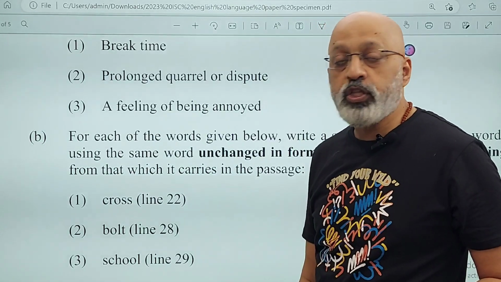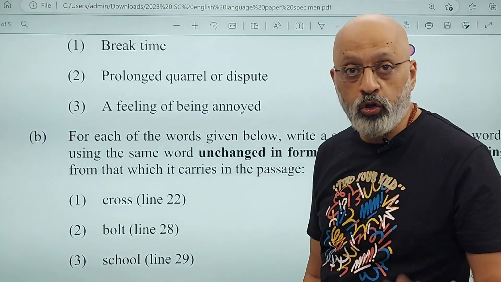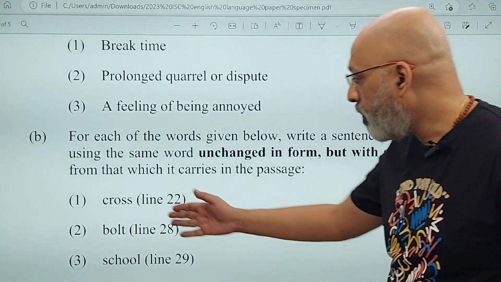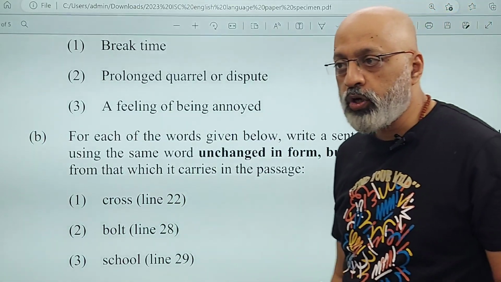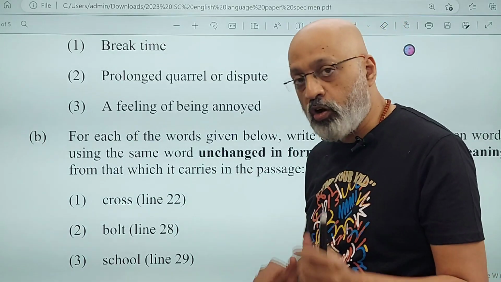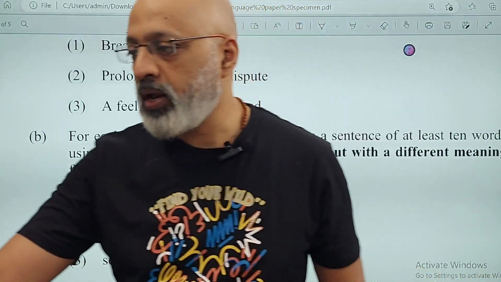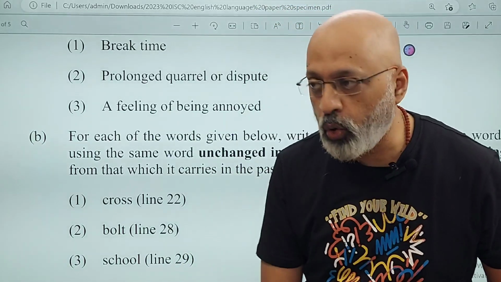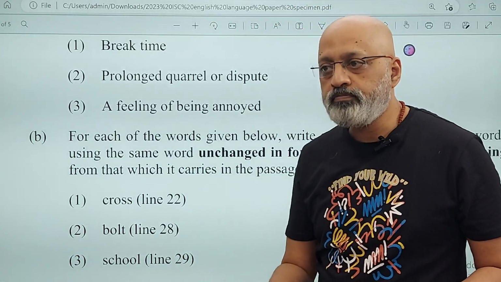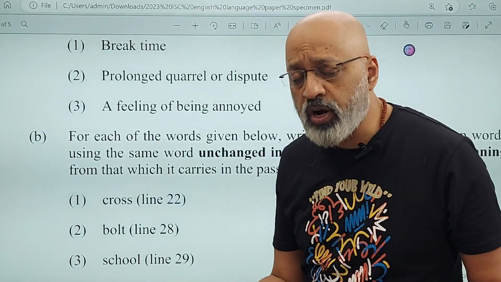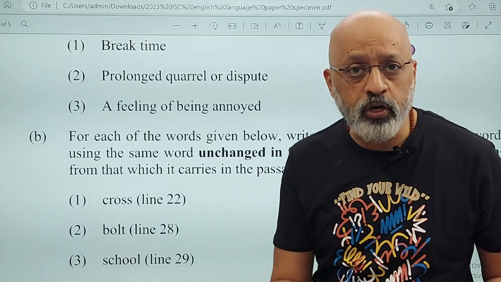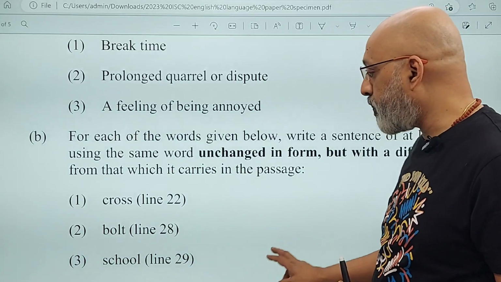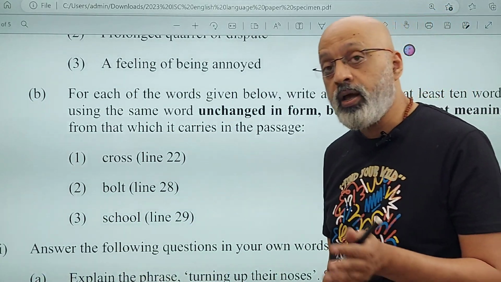his aunt was presented with a cross made of rosewood on the occasion of Christmas, right? Now that can be a sentence. Bolt out here: bolt here has been used in the sense of running away or escaping, right? So you can use bolt the way the bolt is on the door. So you can say that in order to safeguard the house, I ensured that the bolt on the front door was strong. Okay. School. Now this is complicated because school generally has one meaning for us, but a group